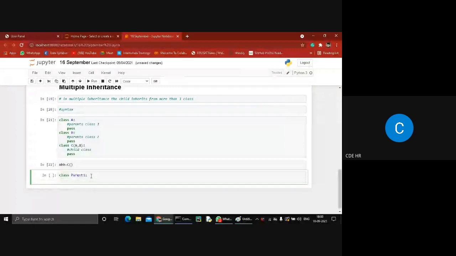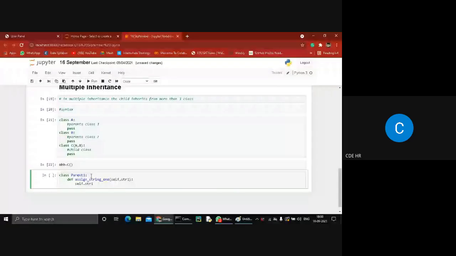Firstly we create the first parent class, which is named parent. Now we have to create two functions. def assign string 1. This function contains two arguments, self and str1, and we assign this variable to another variable, self.str1 equal to str1.